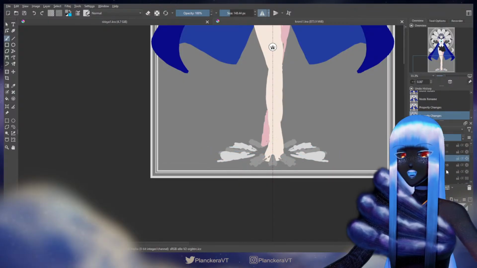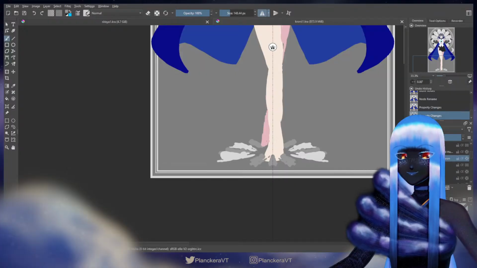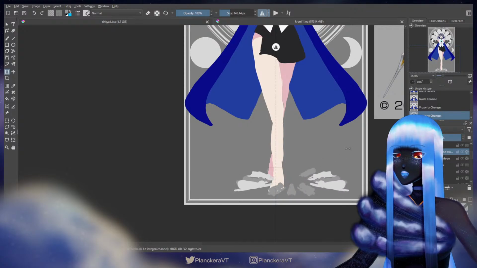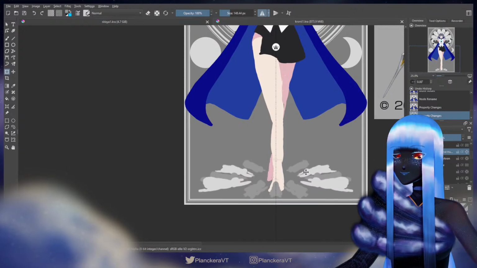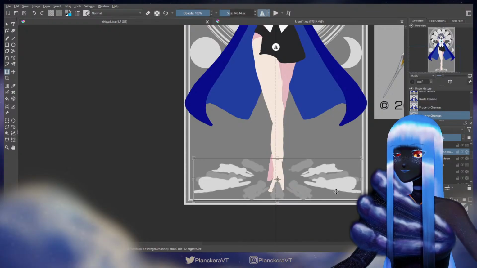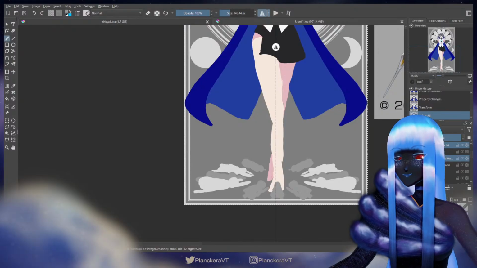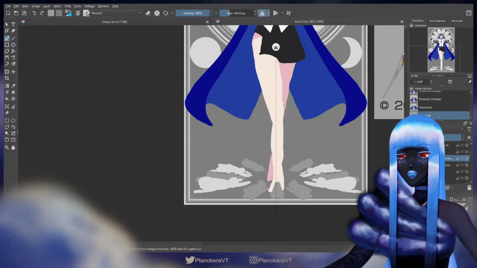So let's start sizing this. I'm gonna keep everything on separate layers for now, just to make my life a little easier. And I'll go ahead and make them a little bit bigger. And I will worry about centering them momentarily. Right now, some of them are looking kind of long, but that's fine, I think. Okay, let's center these guys. Okay, it's not gonna let me center them all at once. That's fine. I can do each layer individually.